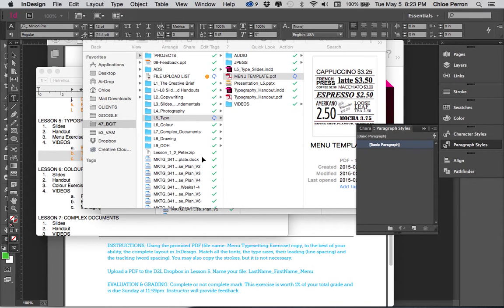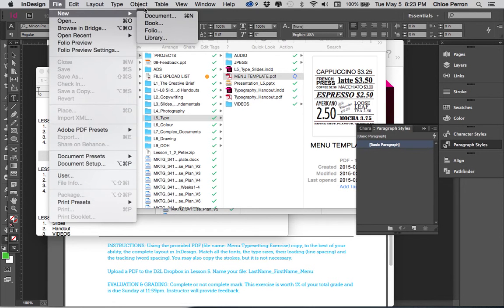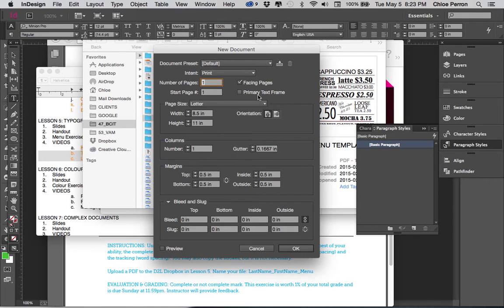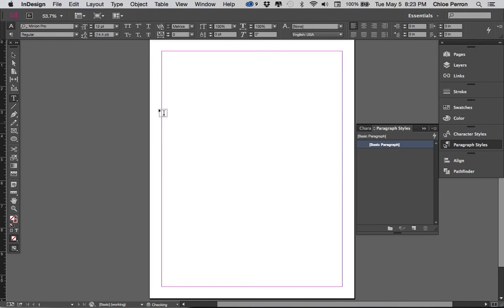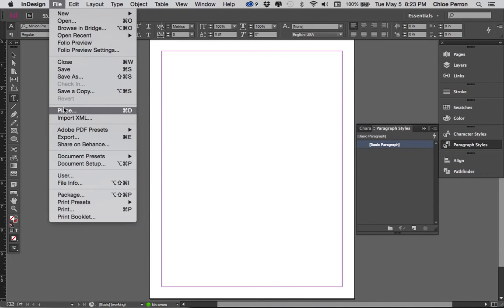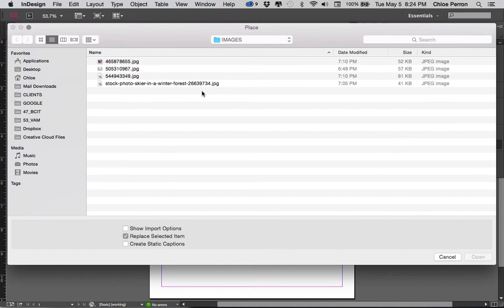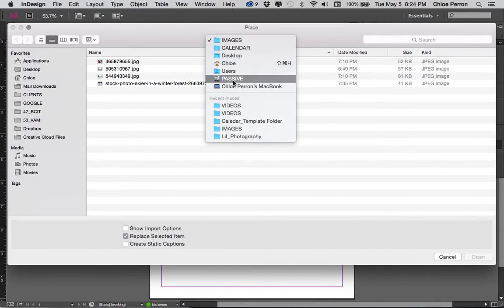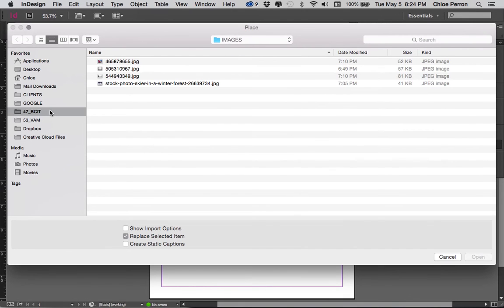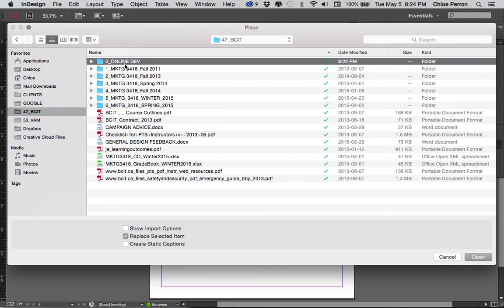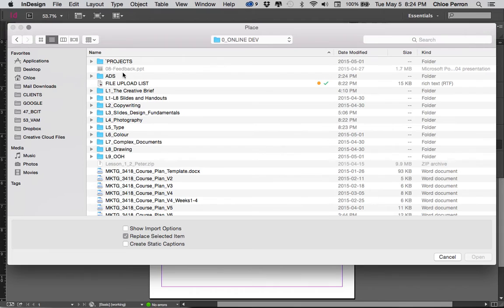Menu exercise, I want you to set it up all on your own. So first you need to go File, New, Document, uncheck Facing Pages, keep it 8.5 by 11, and everything else is fine. Don't need bleeds. I want you to File, Place or draw a frame and locate the template file. It's a PDF,